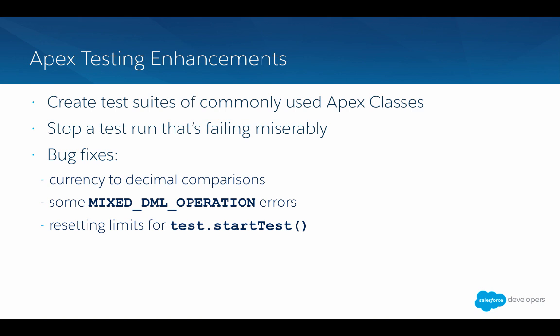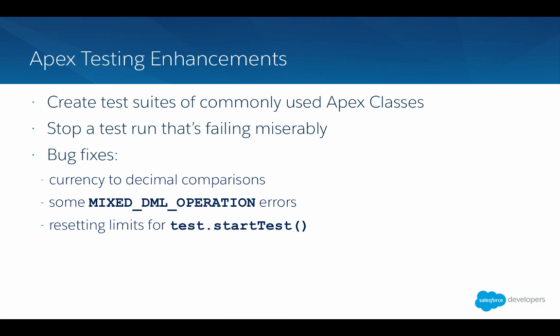So a few other API enhancements that I want to talk about before handing it over to Leanne. First off, there have been quite a few things around Apex testing in this release. So you probably have lots of Apex classes that you run together regularly, like maybe when you're doing a deployment, or maybe when Salesforce releases a new version, you have significant sets of Apex classes you might want to run together. And now you can create test suites to run those all together automatically instead of having to select those individual relevant classes each time you run a test run.